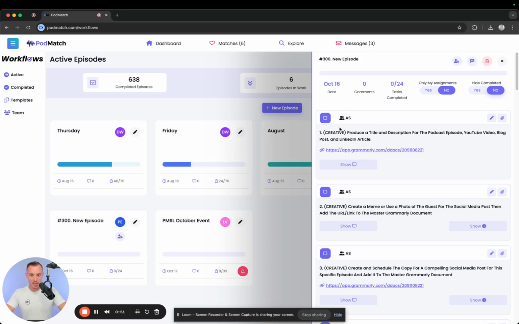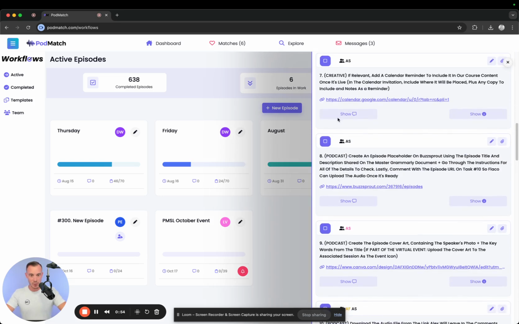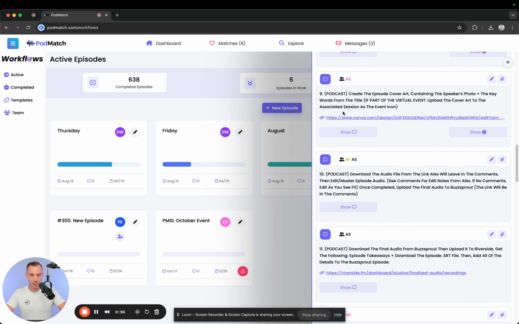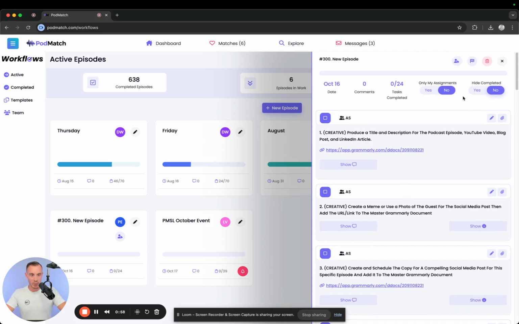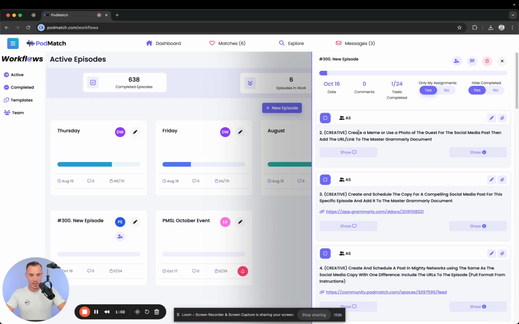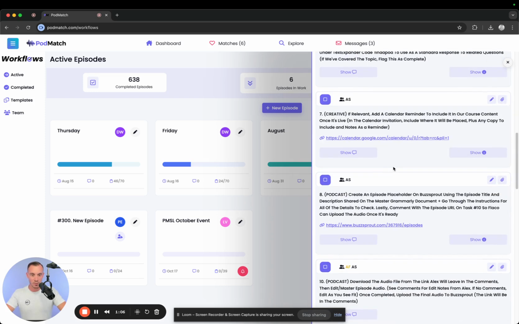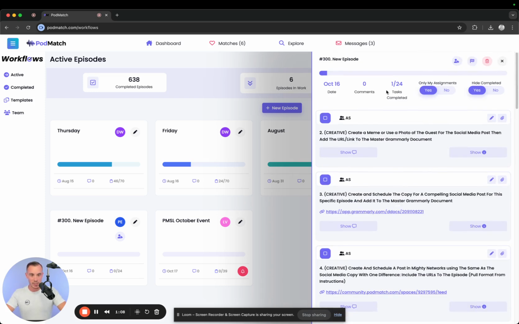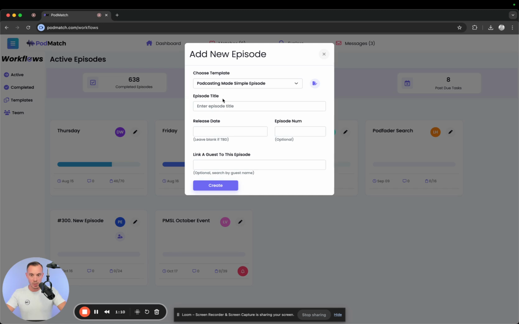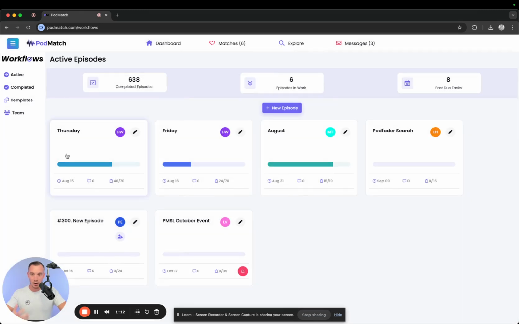If I click into this, here's all the different things I can do. These are the different tasks I can complete and things like that. Some of them have my initials, some don't. If I only want to see my stuff, I can do this. If I want to hide things I've completed, I can press this button. I can hide just those things. And now I can kind of see all the different things that are involved in this specific episode getting done. Every time I make a new episode, it creates a new checklist that we've already created on the templates